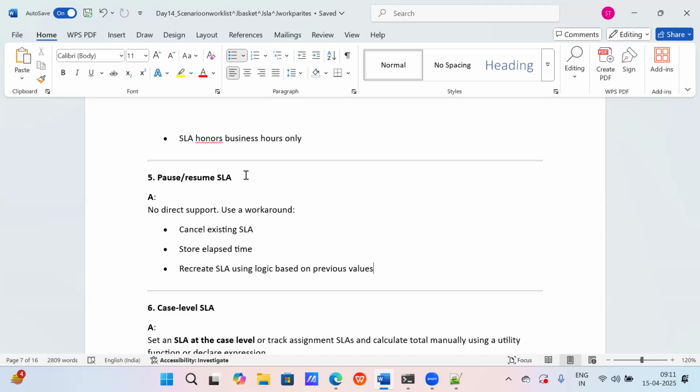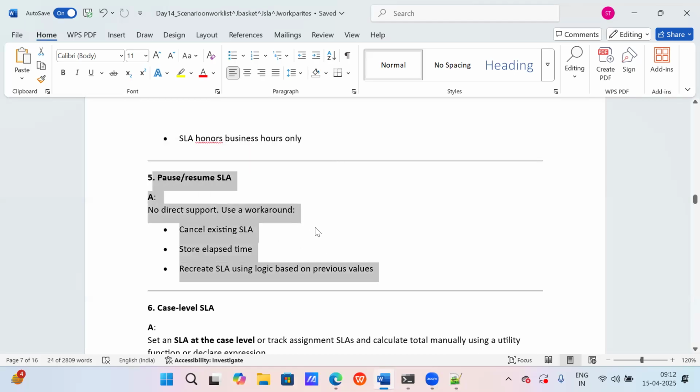PX elapsed time, that 2 hours, you can capture it on some other property. Stop that SLA. And let's consider after 2 days, if you want to enable it, just enable it using the property of PX elapsed time. From PX elapsed time 2 hours to 4 hours, we need to do it. I'm telling you, this again requires an activity to be configured. Don't worry, we'll discuss more scenario questions in activity when we touch upon activity.